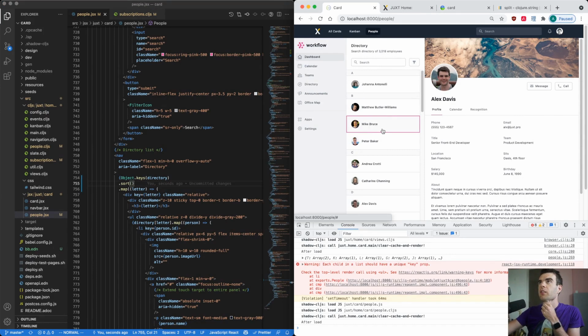When we click on a person, nothing happens, and that's because we need the actual profile page. So when we click on this, we need to navigate to a different page with the user's ID, people/Joa, and that should fetch Joa. So let's